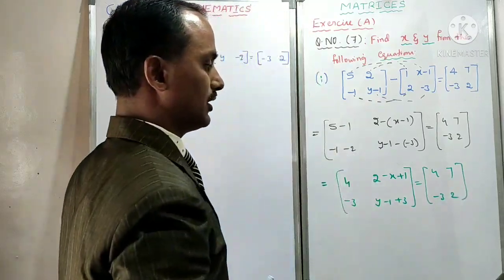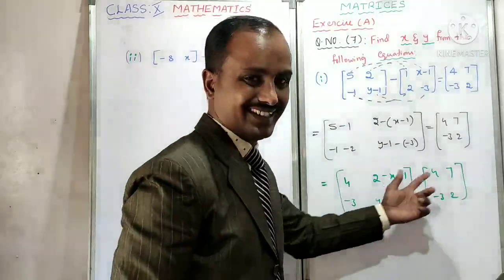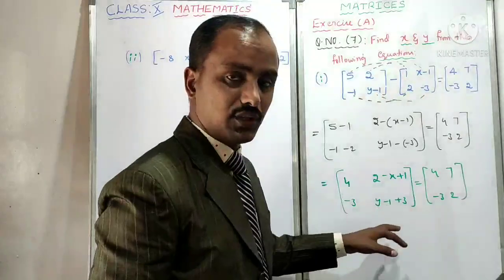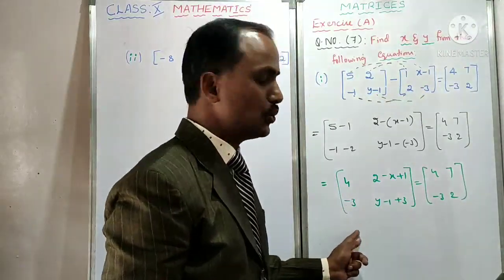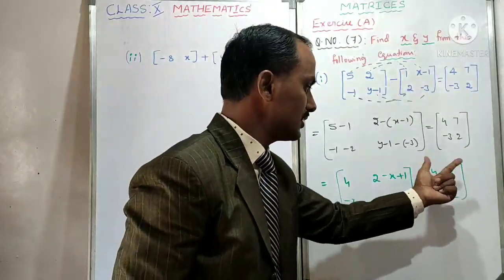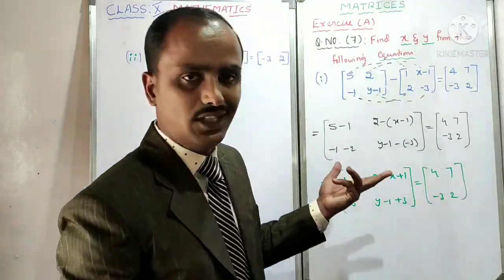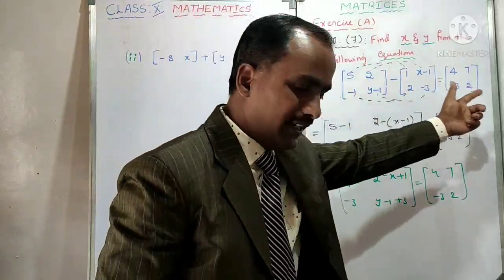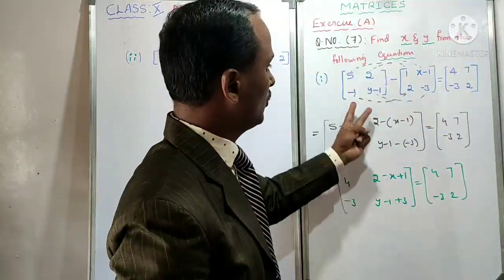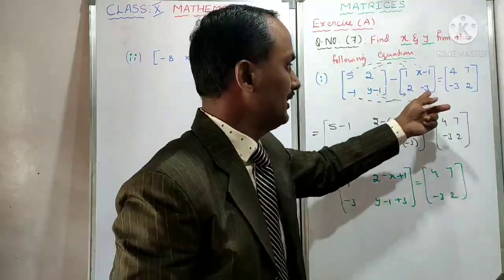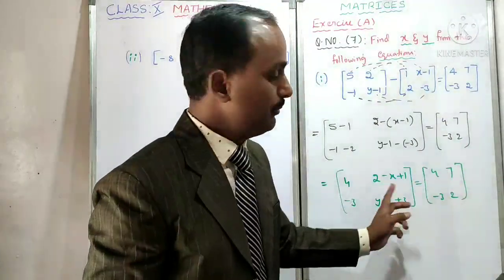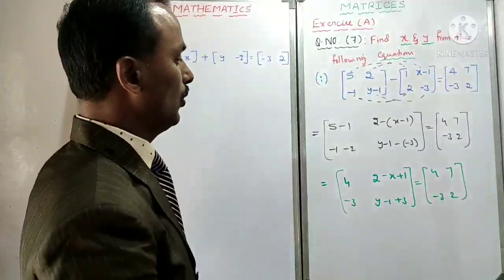Observe here, we got a left hand side matrix and a right hand side matrix. These two are equal matrices? Yes. 2 rows, 2 columns, 2 by 2. 2 rows, 2 columns, 2 by 2. Equal, is it? So the given 3 matrices are also of the same order. 2 rows, 2 columns, because these two we are doing subtraction. The right side also has 2 rows, 2 columns, because we are equating. Now what can I do?